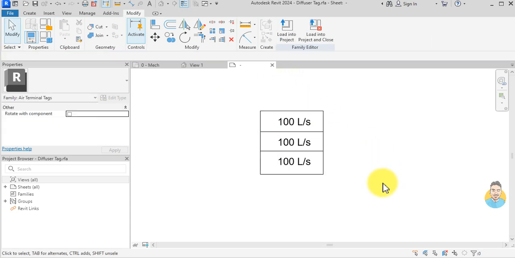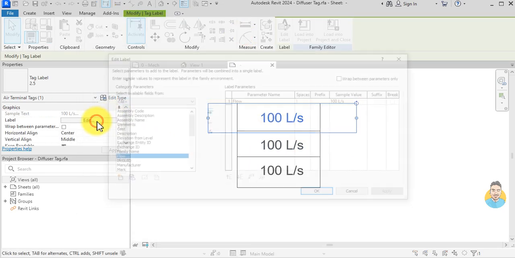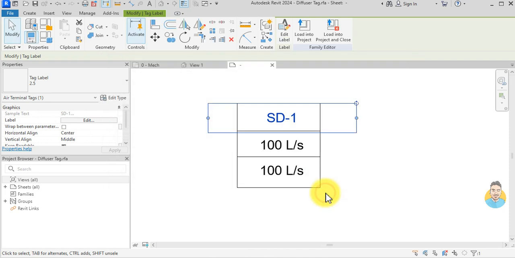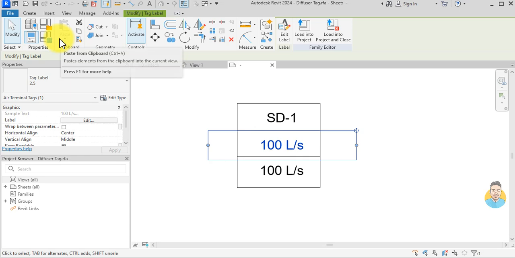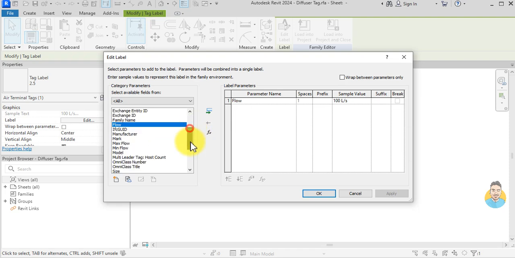Okay, and I need the first one to read the mark, so I click here, edit label, and then I want it to read the mark. Okay, and I remove the flow from here, and the sample value maybe SD1, like all caps. And this one I need to read my diffuser dimensions, my shared parameters. So I click here, edit label. I will not find my shared parameters here. I need to click here